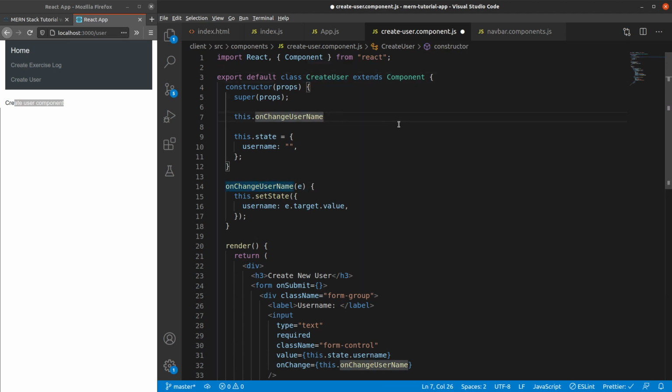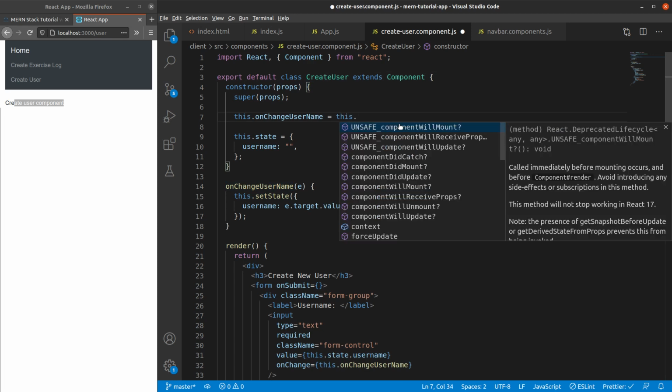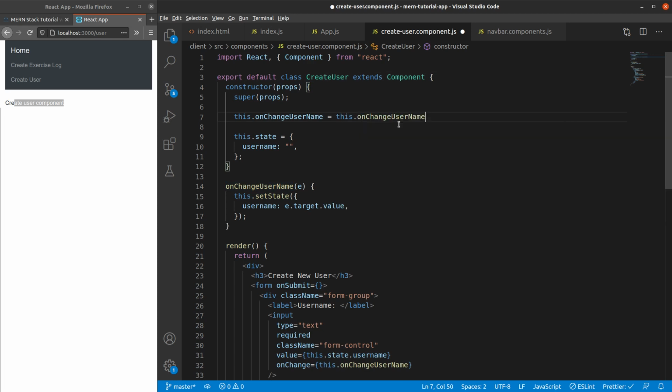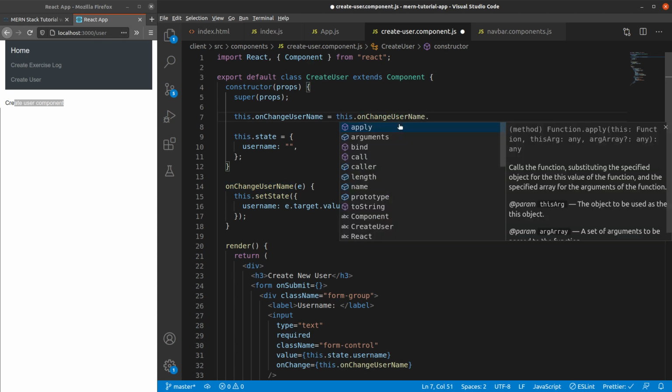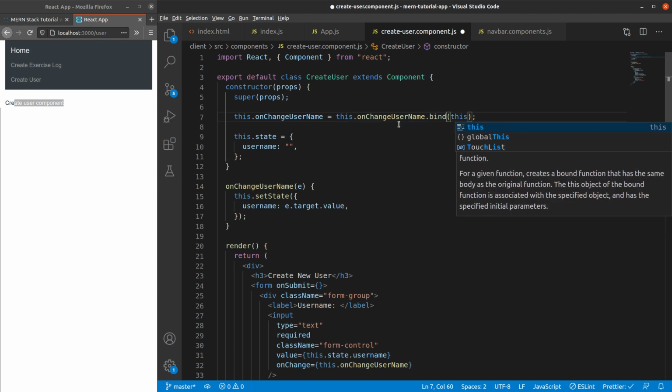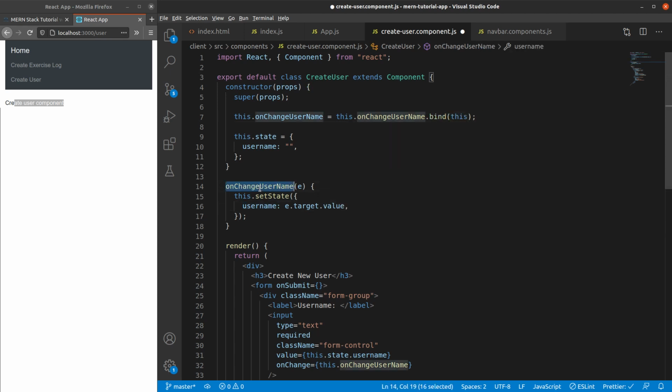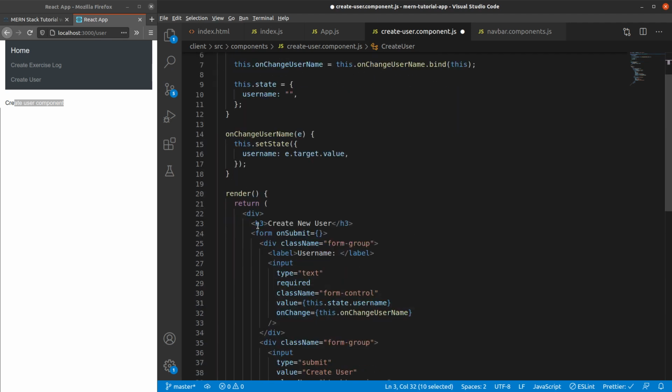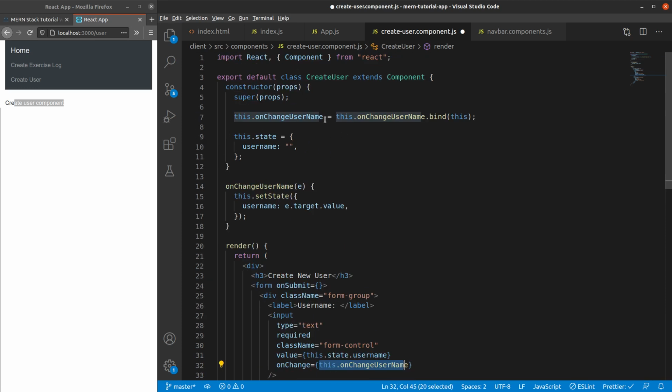So for that you have to do this.onChangeUsername = this.onChangeUsername.bind(this). This method gets bound to this class, and at any point of time on change, this invocation knows which component it is associated with.